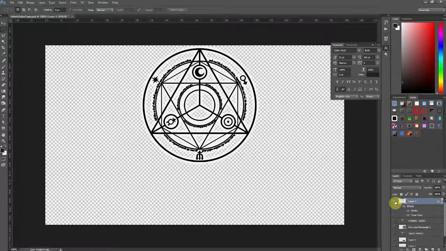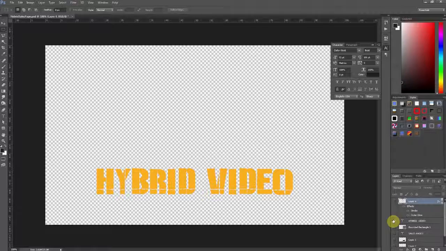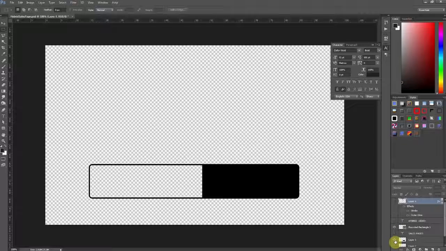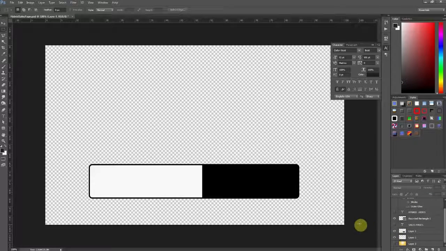And so then I went in and turned on the different layers, saved them as PNG files. PNG files allow you to preserve the transparent background so that you can stack things on top of each other and they'll show through properly. So I saved this piece, I saved the text, I saved the text background, and basically all the various pieces got saved individually, and then I loaded them into PowerPoint. So now that you've seen kind of how I set everything up first, let's go into PowerPoint and see how